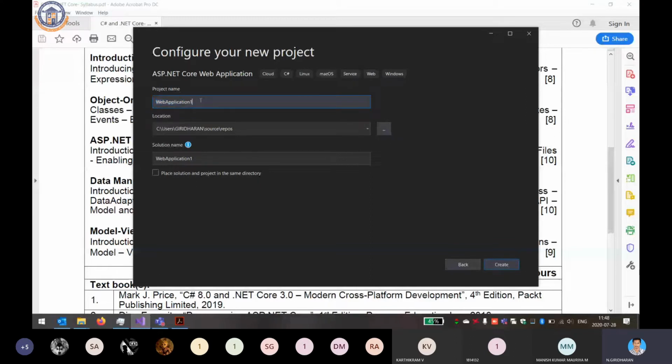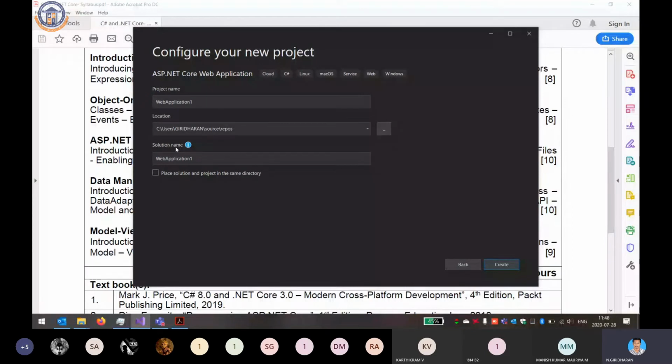See, if any customer provides you the problem statement, for that you have to provide a solution. That is similar to this solution name. If a customer provides you the problem statement, you have to provide a solution. So a solution may contain different systems.